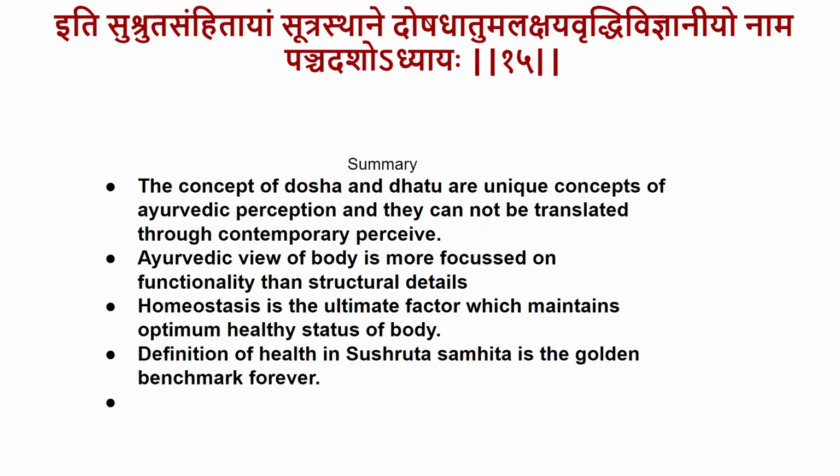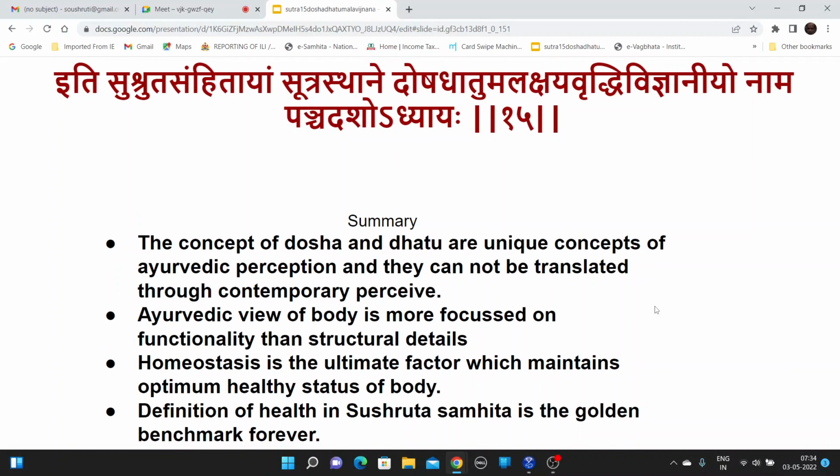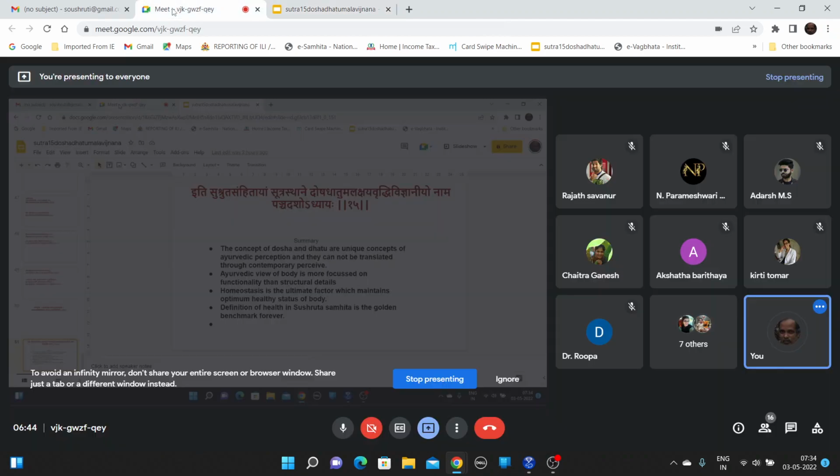Now with this we conclude the present chapter. सुश्रुत संहितां सूत्रस्थाने दोषधातु मलवृद्धि क्षयवृद्धि विज्ञानीयः नाम पंचदशोऽध्यायः. A summary: the concepts of dosha and dhatu are unique concepts of Ayurvedic perception, and they cannot be translated through contemporary perception. And the Ayurvedic view of the body is more focused on functionality than structural details. Homeostasis is the ultimate factor which maintains the optimum healthy status of the body. The definition of health in Sushruta is a golden benchmark forever. With this, we'll conclude. And if there are any questions,